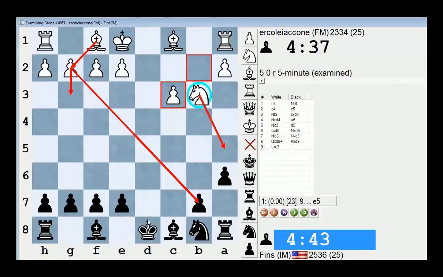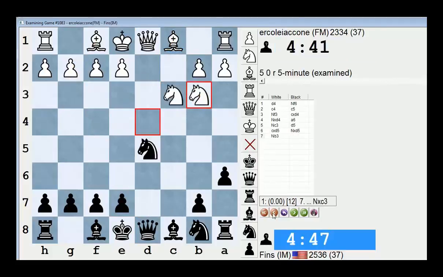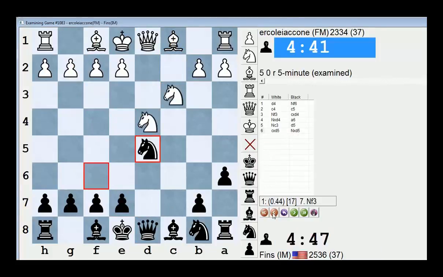So, and black's king is caught in the center still. I have to be careful about his dark square bishop making an annoying move and cutting off my king. For instance, I can't come to c7 so easily because he has bishop f4. So black has to take care. I think that's a little bit stronger. Yeah, the computer disagrees, but...